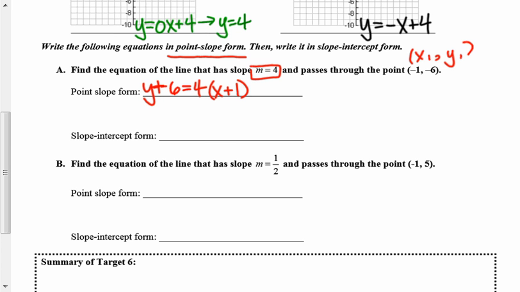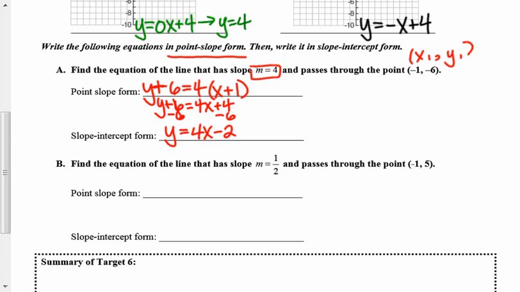There is a second part to this question. It says, what's the slope-intercept form? And so we should remember from our previous targets that to get slope-intercept form, you just have to have y equals. So we're going to use our solving skills here. First thing I'm going to do is distribute. So I'm going to leave y plus 6 the same, and I'm going to distribute the 4. And then to get y by itself, we're going to subtract this 6 over, and we have y equals 4x